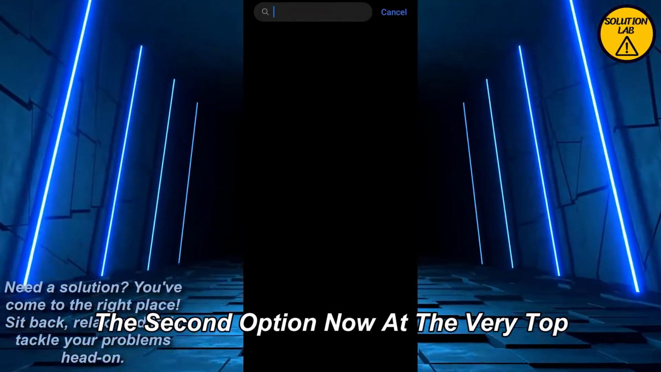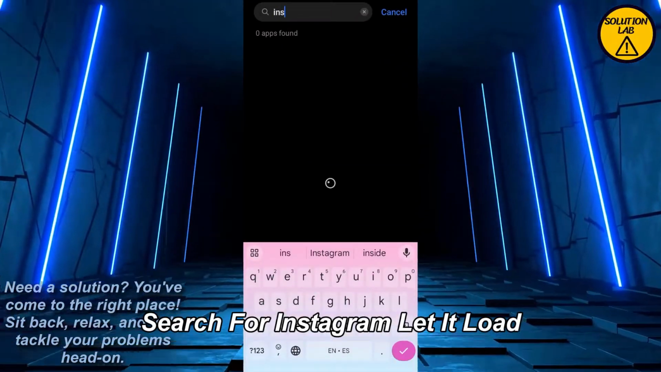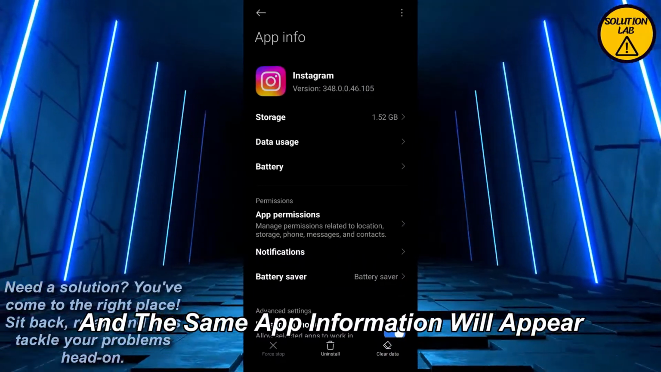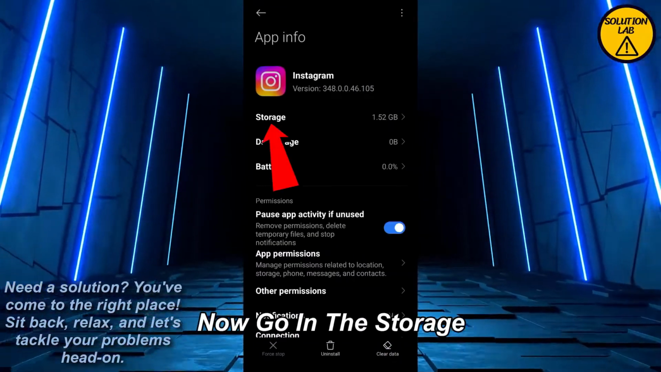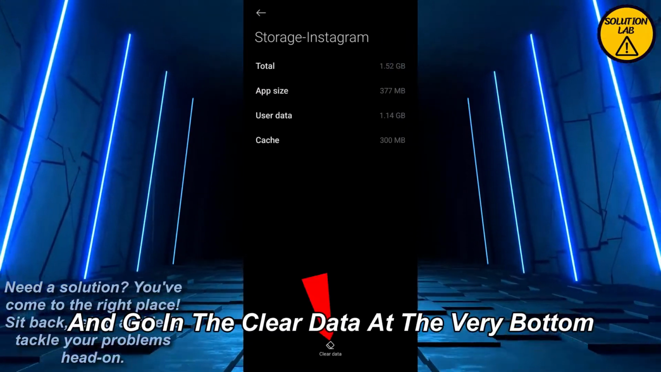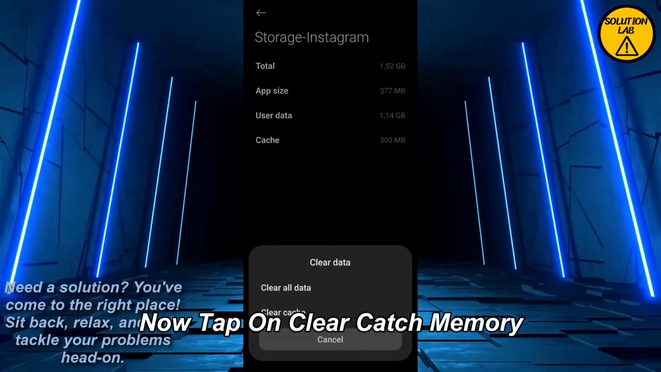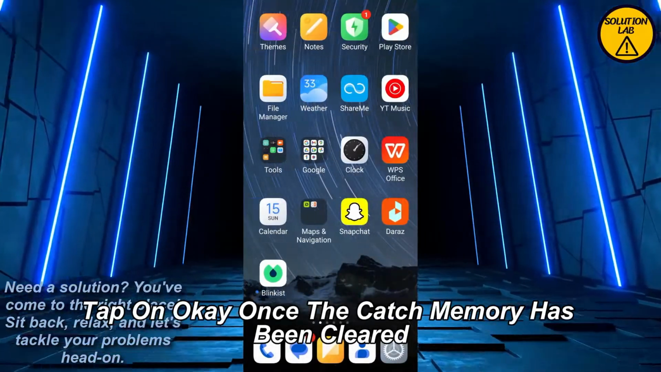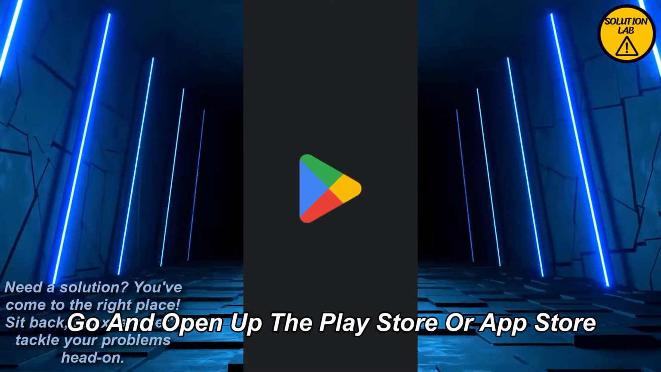Now at the very top, search for Instagram. Let it load. Now tap on Instagram and the same app information will appear. Now go in the storage and go in the clear data at the very bottom. Now tap on clear cache memory. Tap on OK. Once the cache memory has been cleared, go and open up the Play Store or App Store